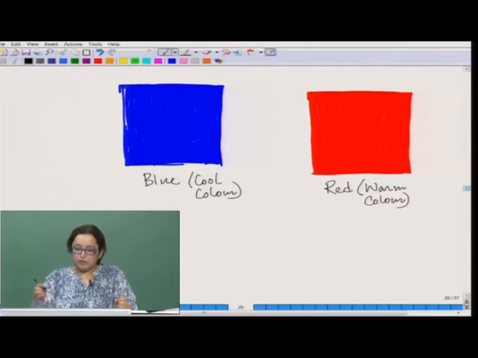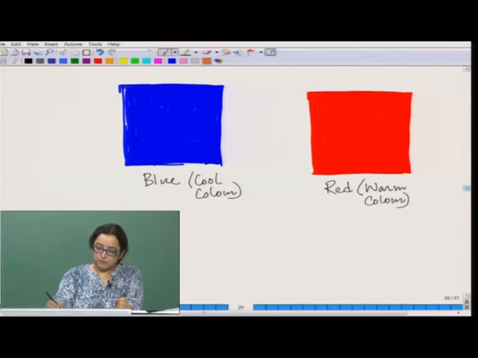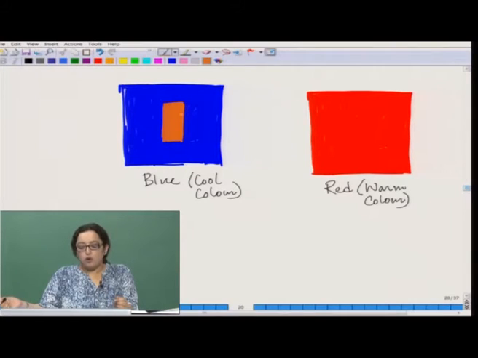The only thing, when I place this orange that we have been talking about, somewhere here, like an orange window in a blue wall, it will give us an effect of light.